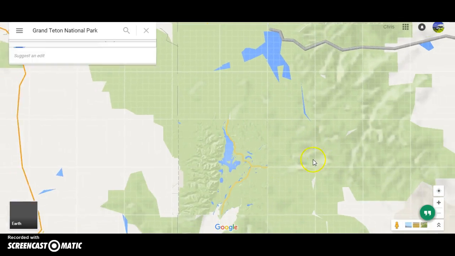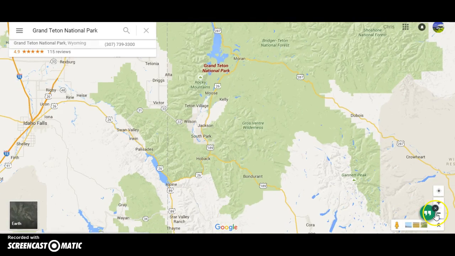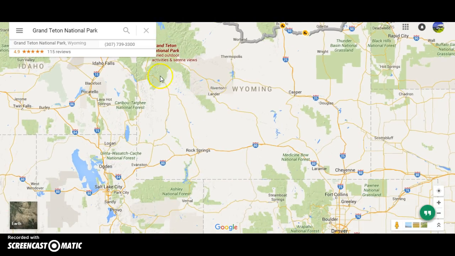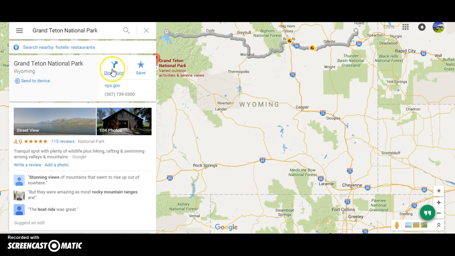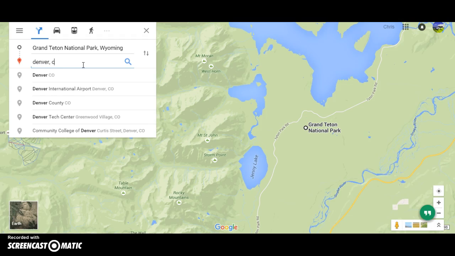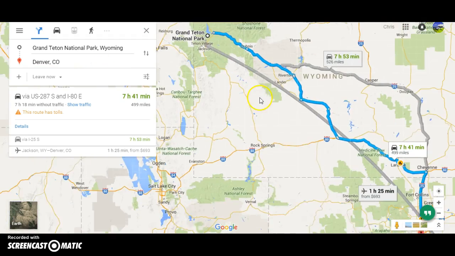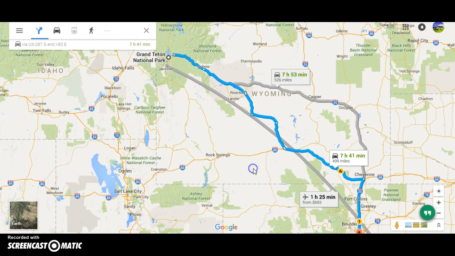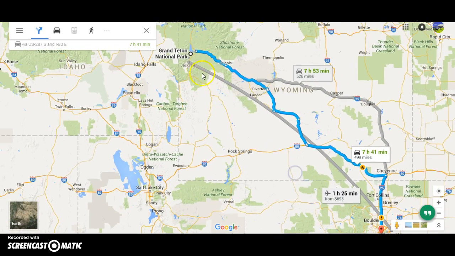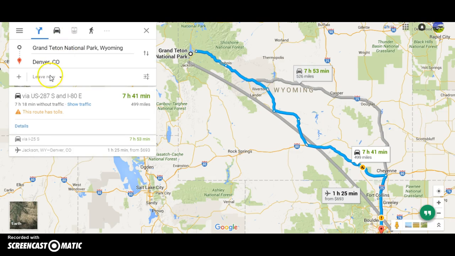So, from there, when you're in the Jackson Hole region and Grand Teton National Park area, really you've got two routes for returning home, or back to Denver, I should say. One route is to go up north to Moran, come out through Du Bois, and down to Cheyenne and back down to Denver. Another route is to go,